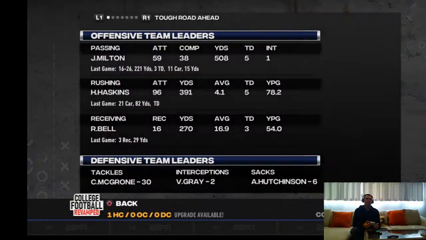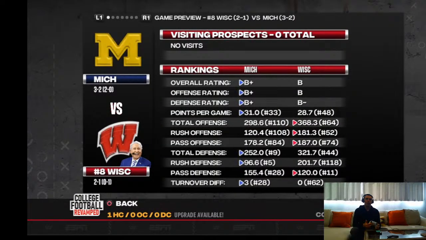So if we look at the game preview, you can see it's interesting. They're ranked number 8. And Lee Corso's picking them to win. But here we have a lot of kind of the overall ratings favored for Michigan. So, the overall rating, specifically our offense, has a pretty big edge on their defense, which will be surprising because our offense has been pretty bad.